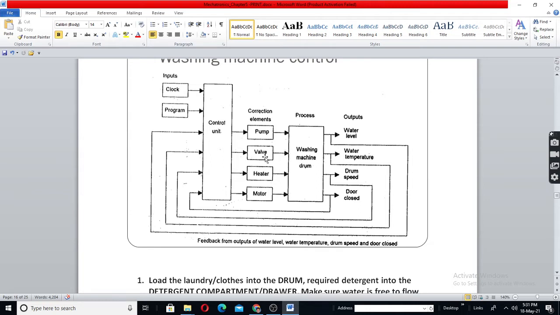You will open the valve here, meaning the microprocessor will open it through the driver. The driver is not shown here. And the water level sensor output will be given to the microprocessor control unit, but again not directly like this. It is after signal level conditioning. Details are not shown here.